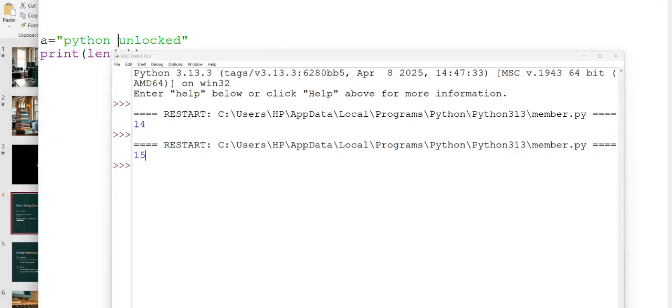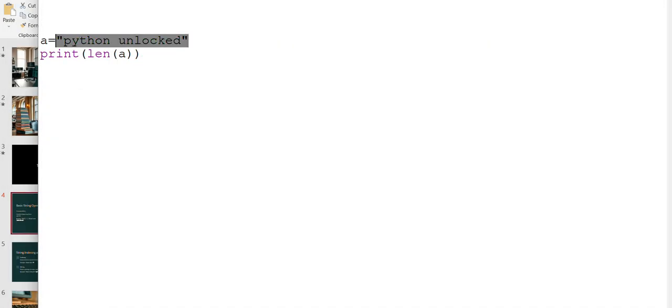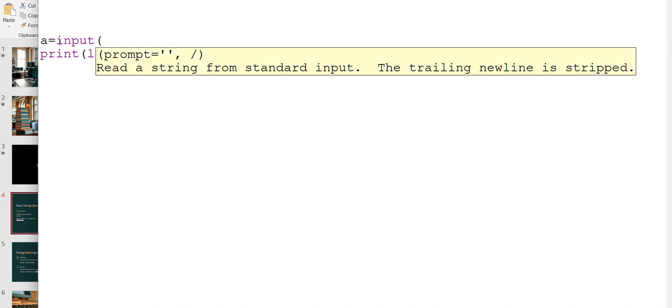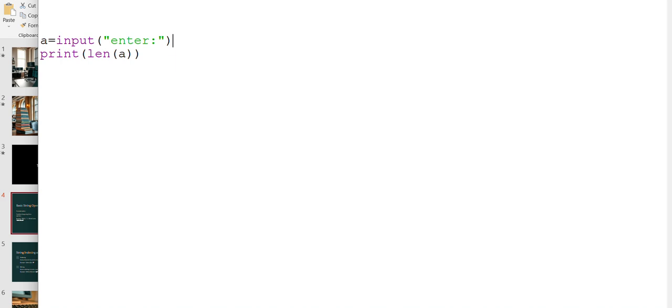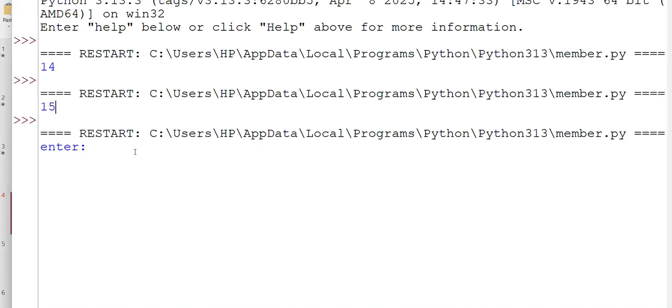Now, in the same way, if I want to find the length of a string that is entered by the user, simply print. So this will be what? You can see. I hope this is clear. So concatenation is for combining two strings together, repetition is for repeating a string n number of times, whereas length is for finding the length of a string. I hope all these three operations are clear to you. In case you have any doubt, do put it in the comment section below. Thanks for watching.